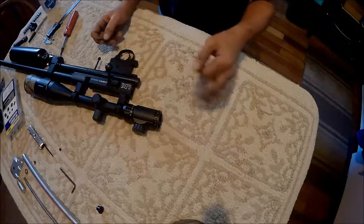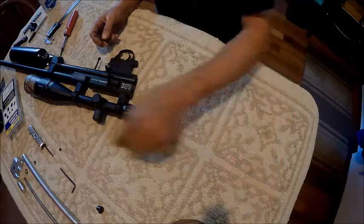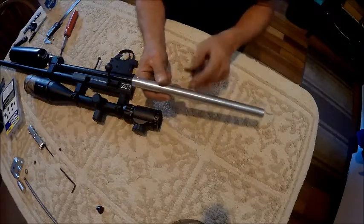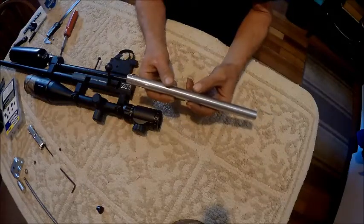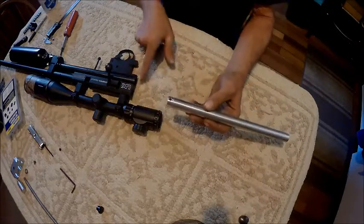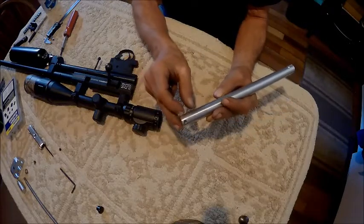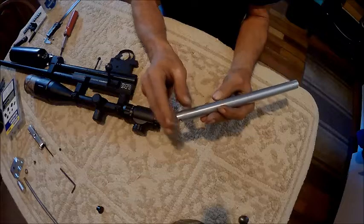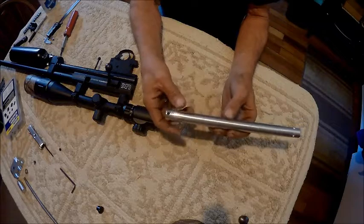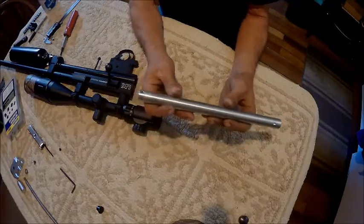So what we've done is we took the bottom one out and we turned a piece of aluminum, and I would like to have had one that was 7/8, but I didn't. It's almost a 3/4 inch hole because I had to shave just enough off of it. There's just a small lip. It would have been nice if that would have been a bigger aluminum. But anyway, this will